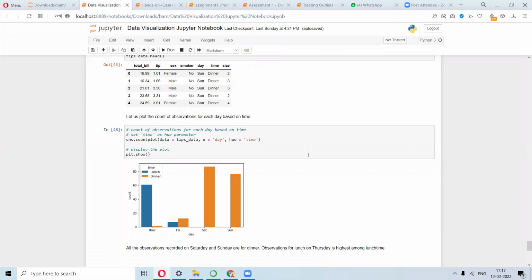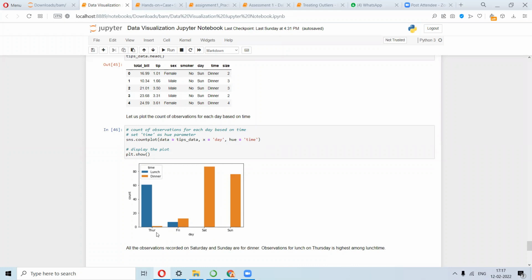Accordingly, it will give you the graph. You can incorporate two of these features into the same graph when counting by day, with lunch and dinner.